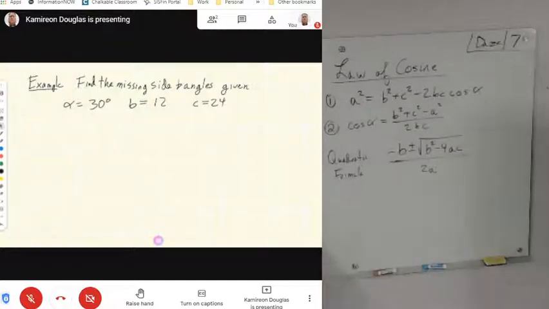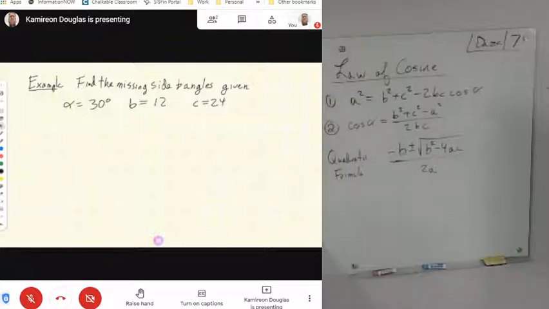Find all the missing sides and angles based upon what is given to us. We have the following three pieces. We got 30 degrees for alpha. We got B is 12. We got C is 24. That means we are given three pieces. We have to find the other three. Now, as a reminder, we'll be rounding everything to one decimal place for this section, and everything will be done in degrees. So my recommendation, as is common with these kinds of problems, whether you use the law of sine or cosine, is to draw